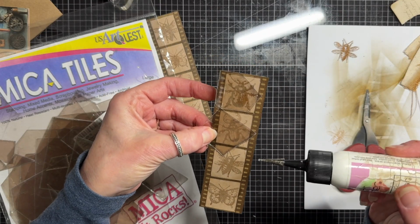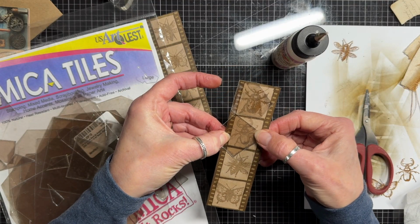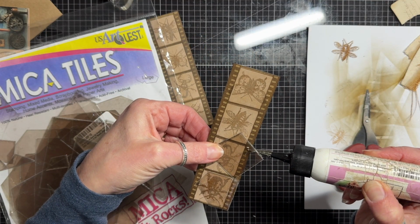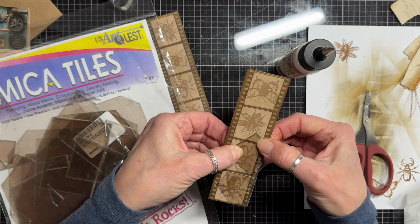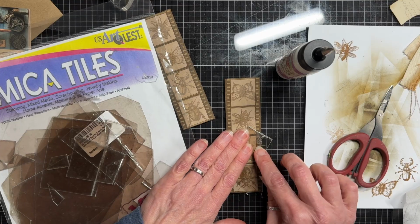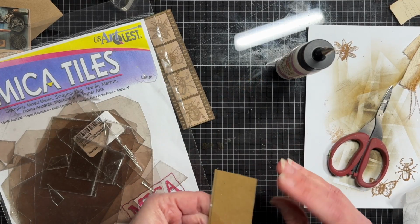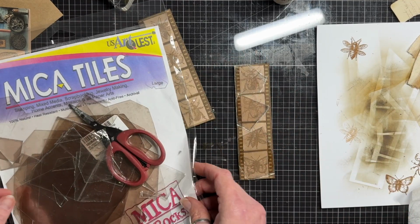So let's put a dab of glue here. I'll hold that down for a second. And let's put a dab of glue here. Try not to put as much glue on it as I did last time. Smoosh that out. Like that. Okay. Same thing, I'm going to cut that off. Now what I want to do, I think,